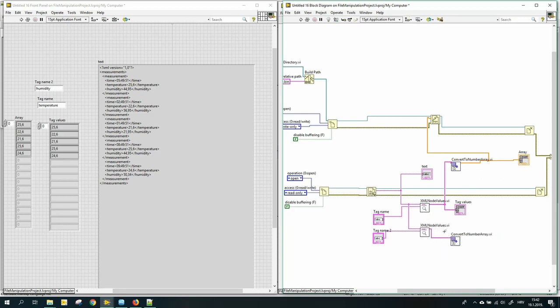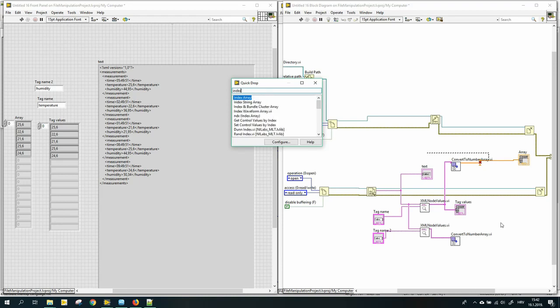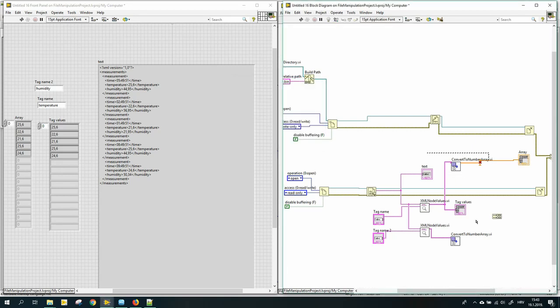So we can transform this array of strings to an array of numbers, and also we want to disconnect this array here, and we want to merge this array with this array into an array of clusters. So the first element of this array combines with the first element of this array into one cluster. For that we have a function called index and bundle cluster array. So we'll just place it on our block diagram here. We expand it and we connect this array with the second array here, and on the output we will get an array of clusters